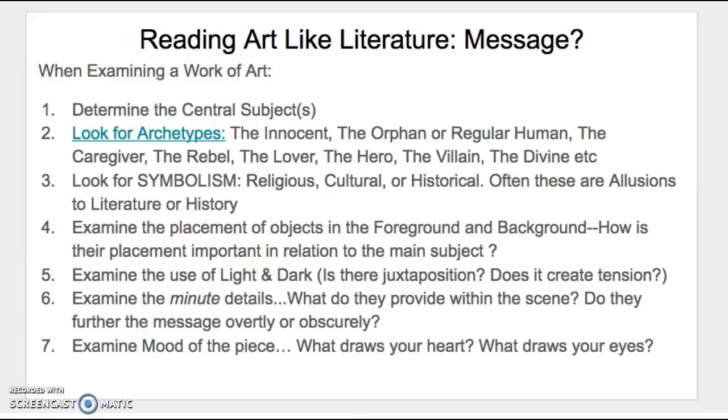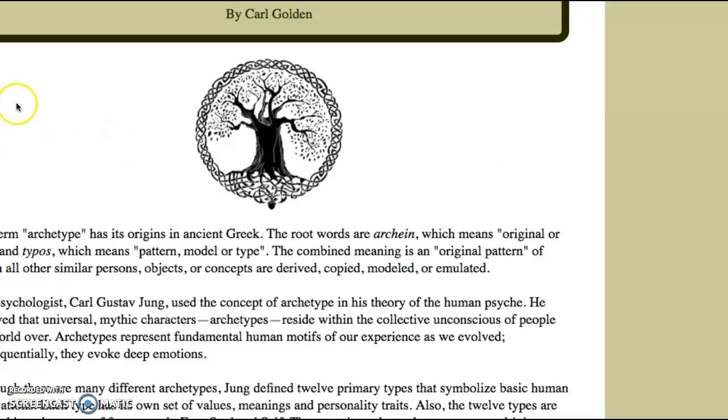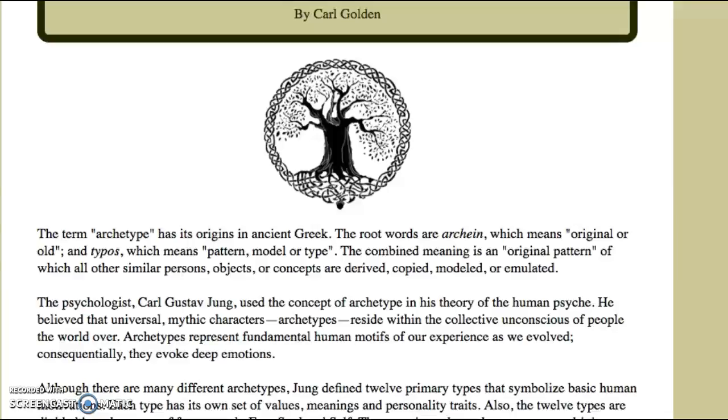The second thing we look for in a piece of art, especially involving human characters, is archetypes. The archetypes that we often recognize, you also see in literature: the innocent, the orphan or the regular human, the caregiver, the rebel, the lover, the hero, the villain, and the divine. And I found this website for you that I think you can see